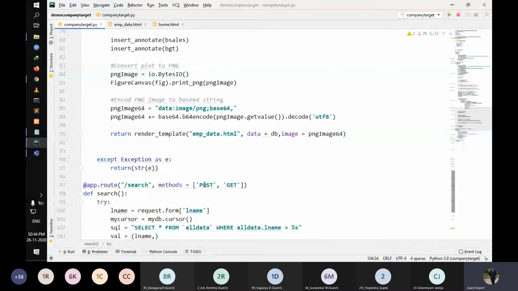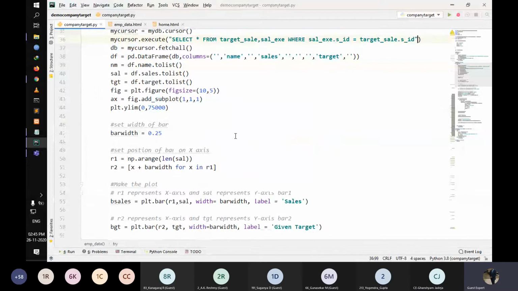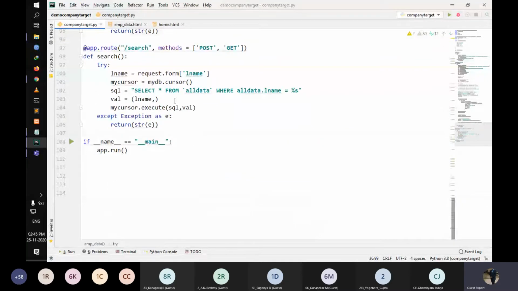Here we were directly executing the query in mycursor.execute, and now in the searching part we are assigning the MySQL query to one variable and the value that we need to enter to another variable, and then passing those variables in the mycursor.execute function. I hope everyone understood, and don't worry about this at the moment. This data we are going to get from the HTML side. This is just a placeholder at the moment. I just wrote it so we don't forget it later. This name is important because we need to refer to it in HTML.